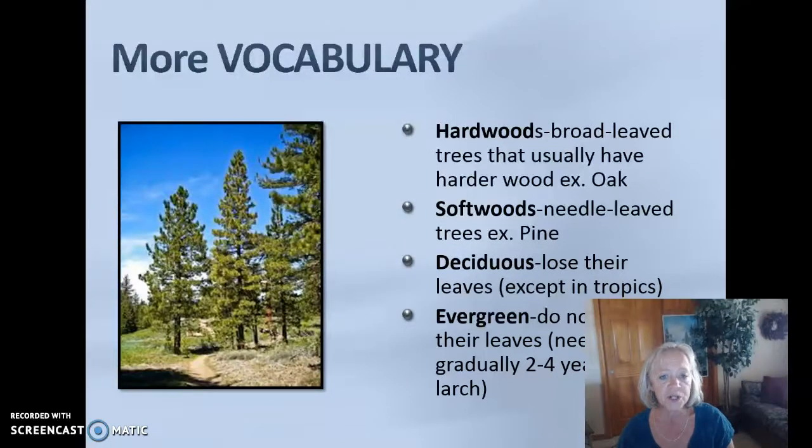More vocabulary to know is hardwoods are usually broadleaf trees that usually have harder wood. We make furniture out of those. Softwoods are needle-leaved trees like a pine. Deciduous trees lose their leaves, and evergreens do not lose their leaves or needles, but in fact they do every 2 to 4 years. To introduce the next part of this unit, we're going to be identifying trees now by softwoods